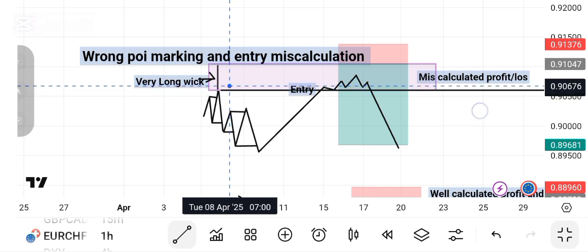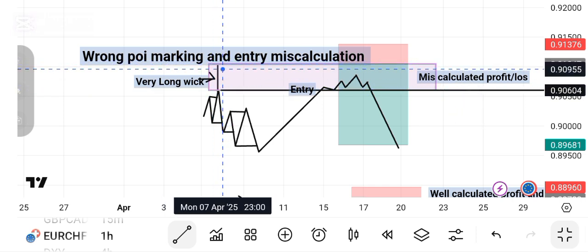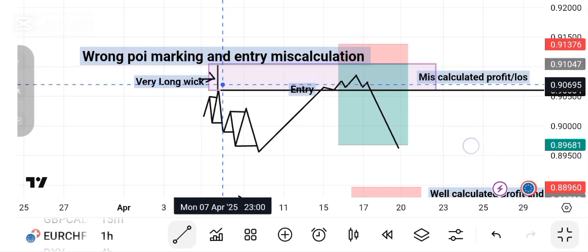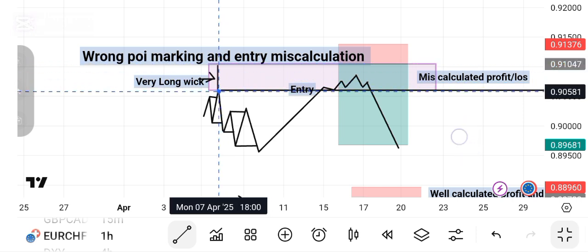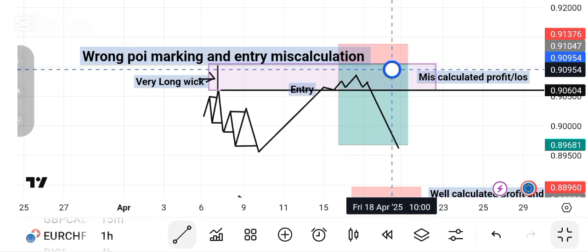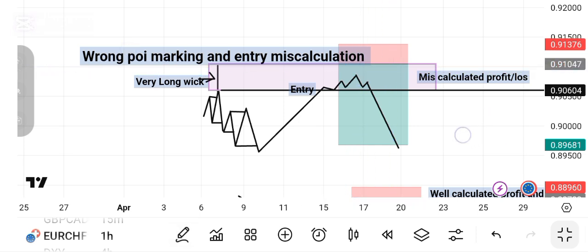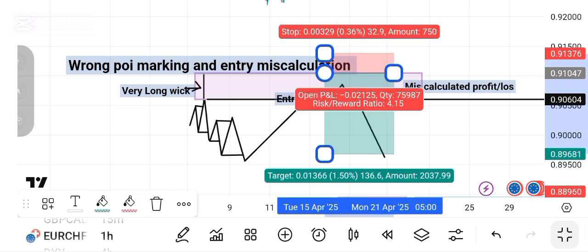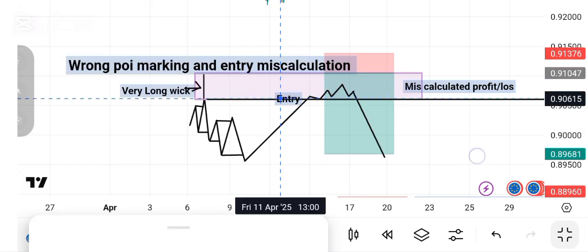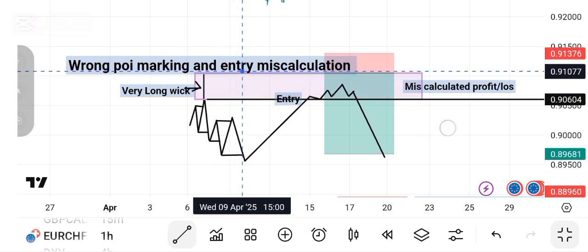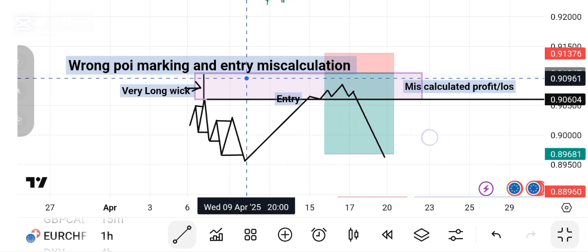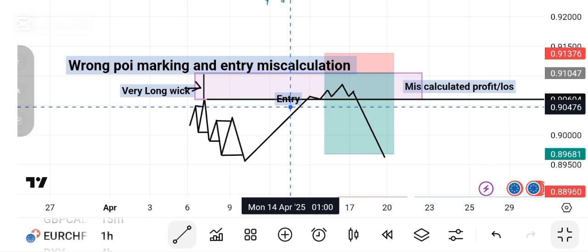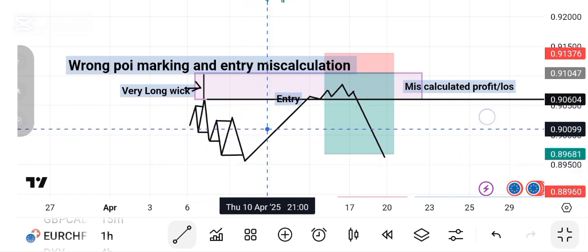if you are using a long wick as your POI, whether it is a sell entry or buy entry, if you are using a long wick like something like this as your POI, and you place your POI above, you place your short position at above this POI, and you are expecting that once price comes into